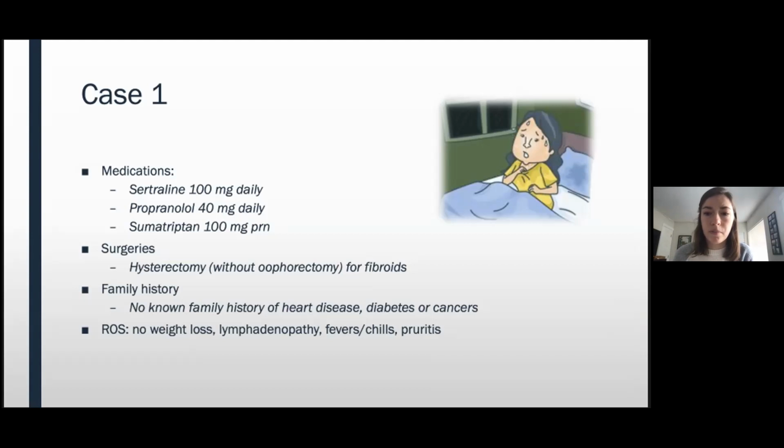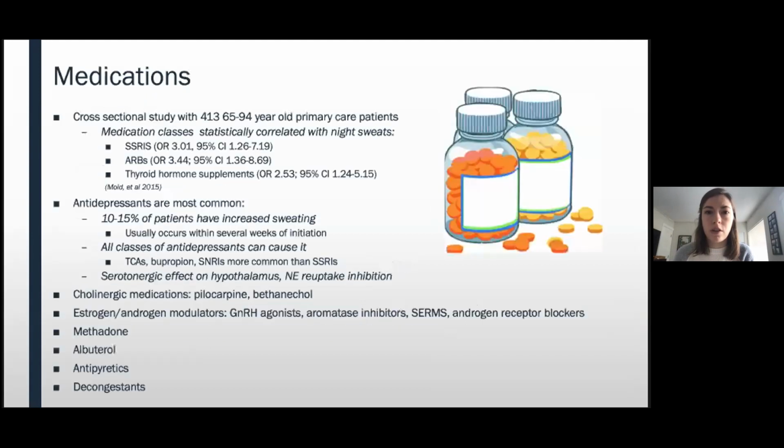Menopause, yep. Anything else? SSRI, great. Yeah, so one of the first things that you should think of when your patients are reporting night